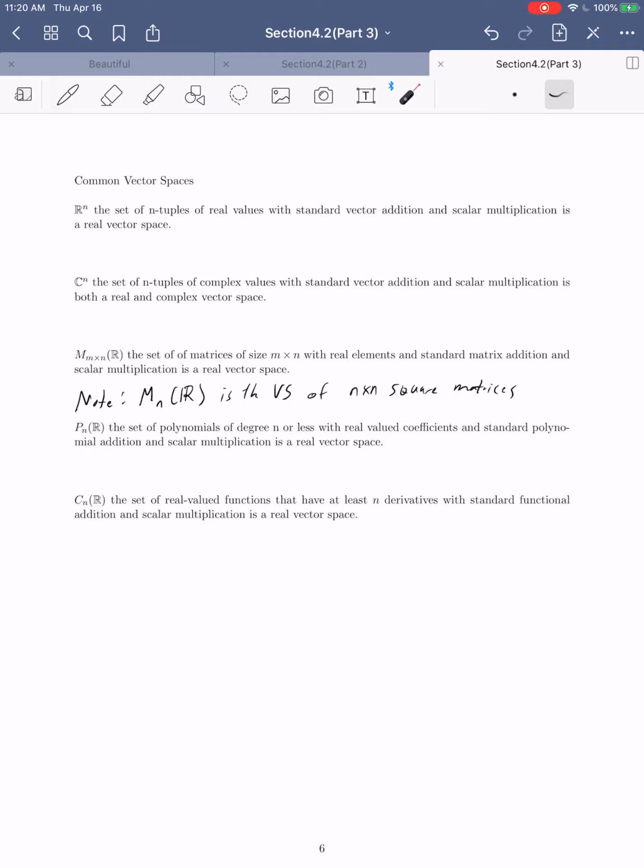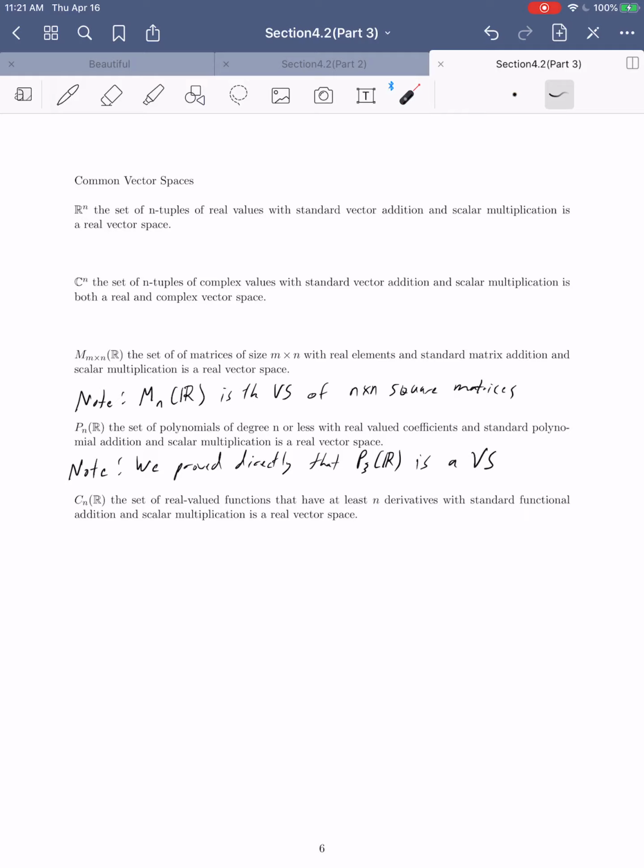And this is a real vector space. We actually did this example right in the second video where we went through and showed all 10 properties. We proved directly that P3 of R is a vector space, right? So we did it in the specific case where n is 3, where we talked about polynomials of degree 3 or less,